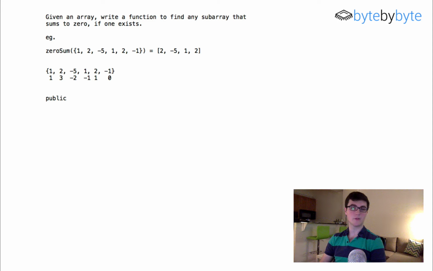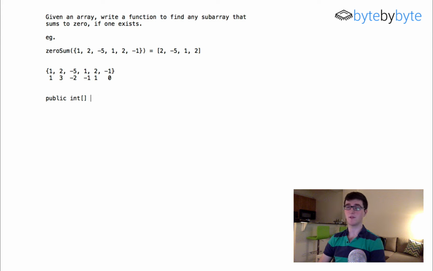So I'm going to return an int array. I'm going to actually return the subarray, but you could, for example, return the first and last index of the array, or you could just return the first index and a length or something like that. It's just that in Java this is going to be easier for me, because I can't return multiple elements without returning an array, so I might as well return the array anyway. But you should check with your interviewer what they want you to return,